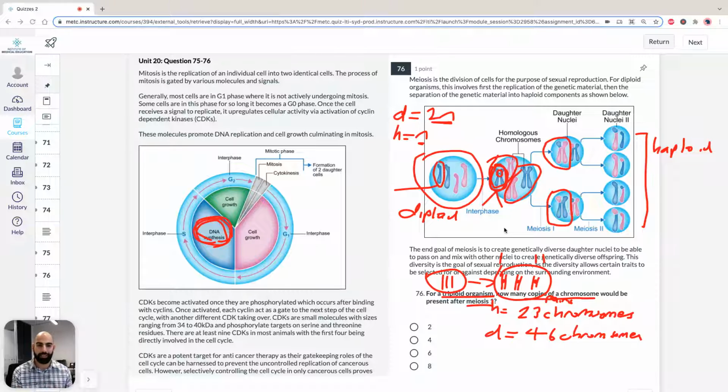So try to understand what a centromere is, what a chromatid is, what chromatin is, what a chromosome is, what DNA is, and what the special stages of meiosis are. Obviously, meiosis 1 and 2, there's prophase, metaphase, anaphase, telophase. So there's 2 steps. The difference between mitosis, what's haploid, what's diploid. If you understand those terms, you'll be perfectly fine, and you'll be able to answer all of these with a breeze.